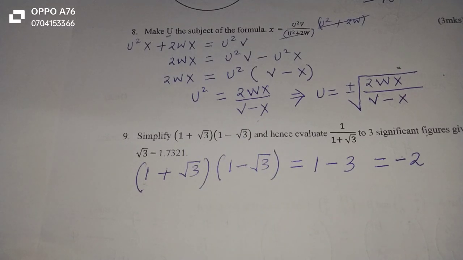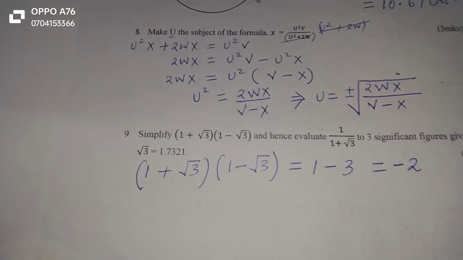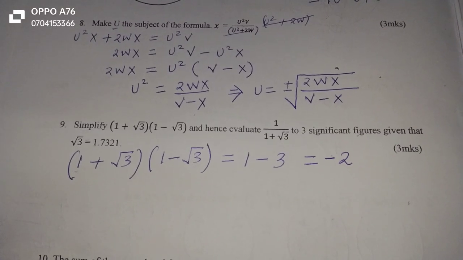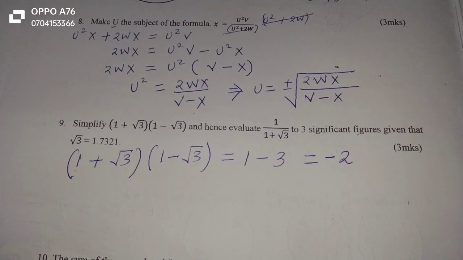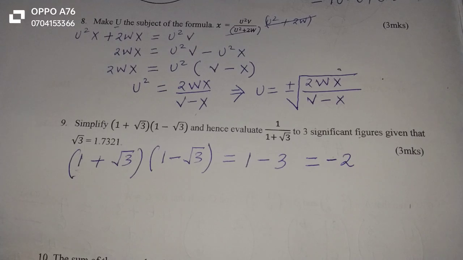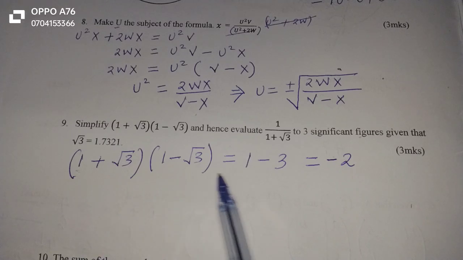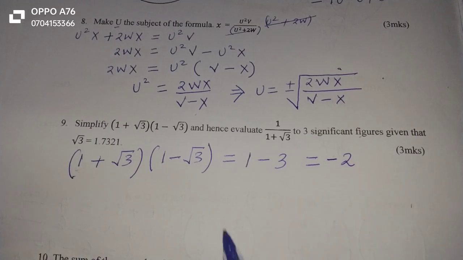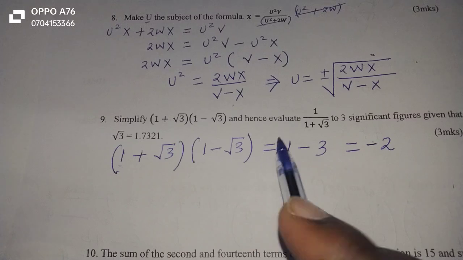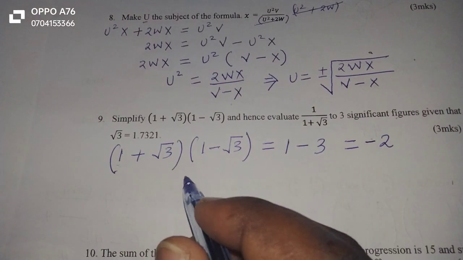That one has been simplified. And actually, whenever you are dealing with surds, it's good for students to know that a surd and its conjugate are just a factorization of a difference of two squares. So a factorization of a difference of two squares can be expanded very simply in such a way, and hence evaluate. So now we need 1